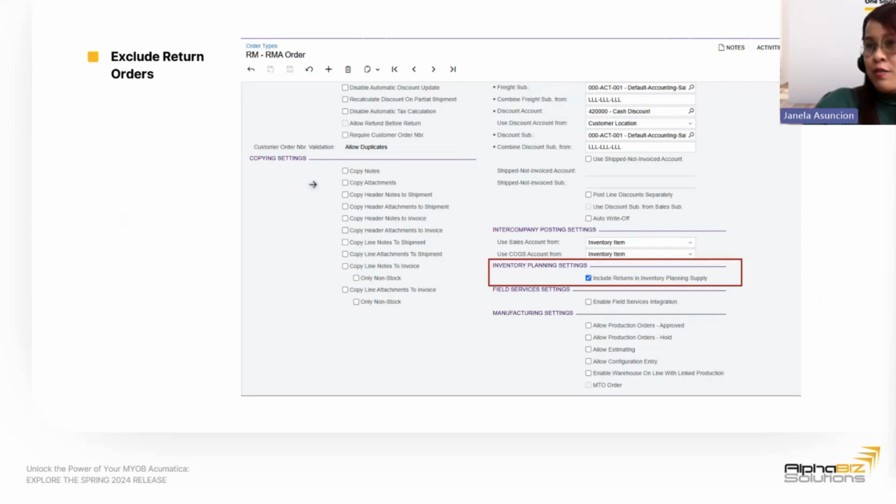Last but not the least, for the MRP enhancement is now the exclusion or inclusion of return orders. There is this additional feature or field setting that is now included in the MRP, which also helps you have the ability to see available items more accurately, in that this would also prevent you from overestimating your available stock.